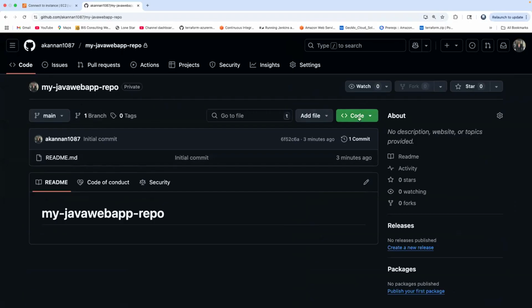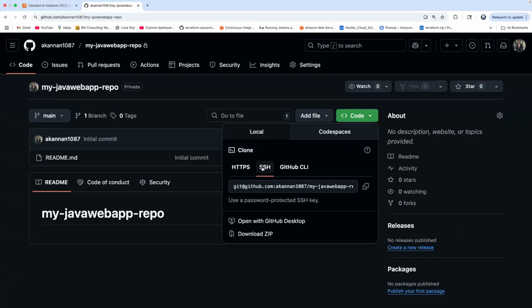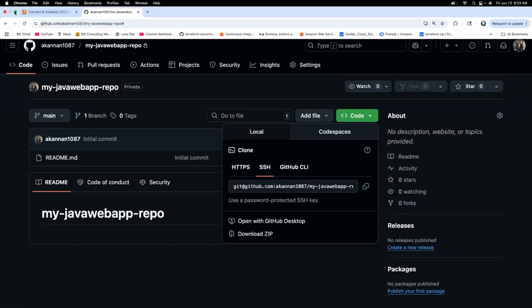Click on code and under clone, make sure you select the URL under SSH. I would never ever recommend cloning the other way. When you clone using the HTTPS URL, whenever you push your code changes, it is going to ask you to enter username and password. So always use SSH. So copy the URL,